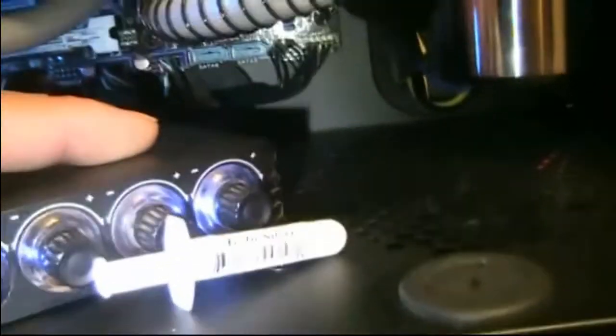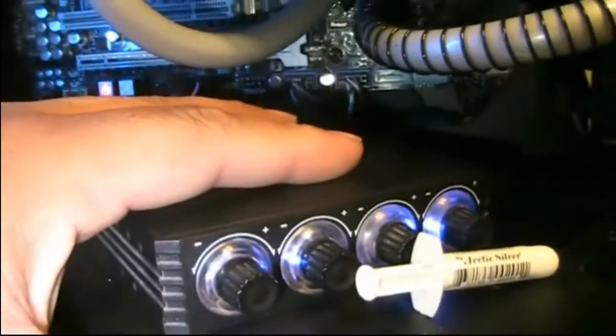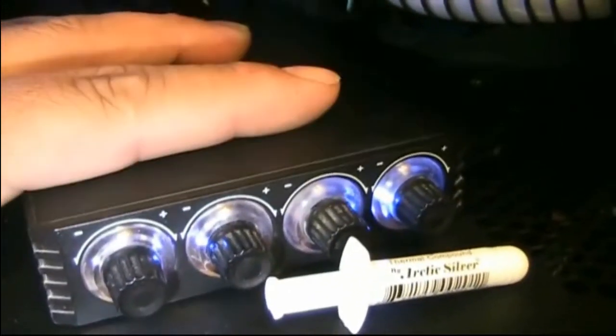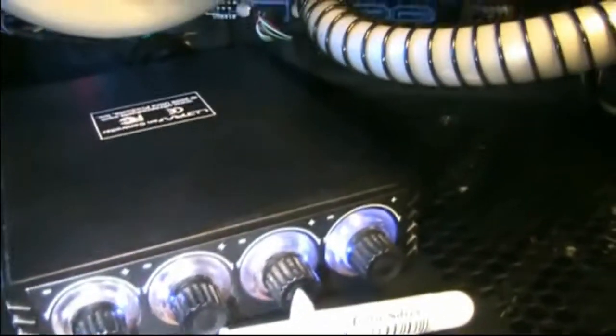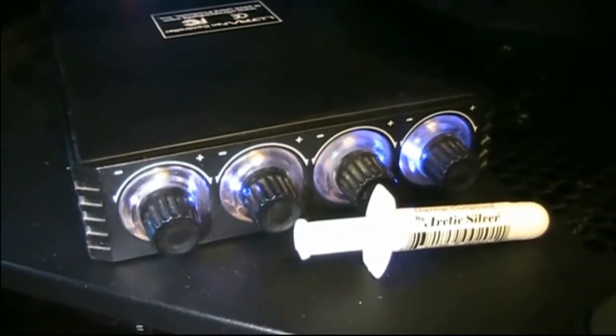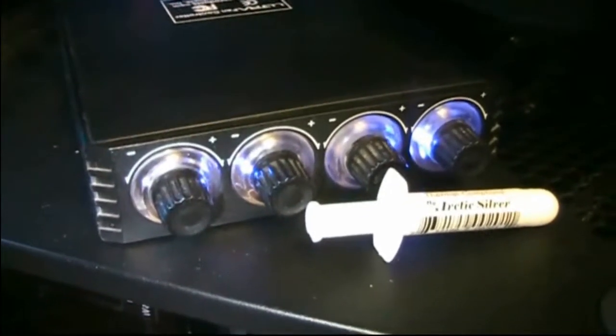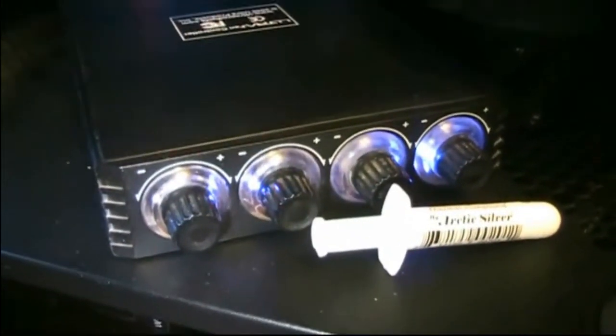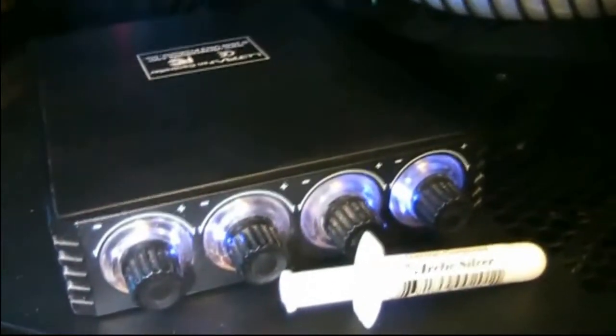But, yeah, this is the solution I came up with for my fans for right now, till I get me a fan controller. I want to get something like a touchscreen. I'm thinking about a Kaze Master Pro or something like that. I don't really know, but I haven't really nailed them down, really looked to see what was out there for options. But if you guys can refer for me a fan controller that works very well with a bunch of fan headers and temperature probes and all that good stuff,